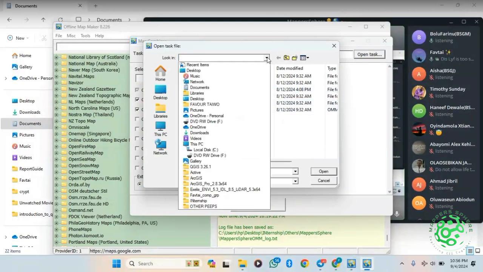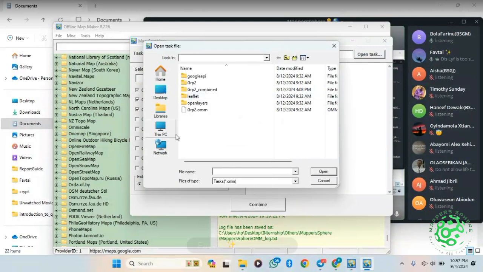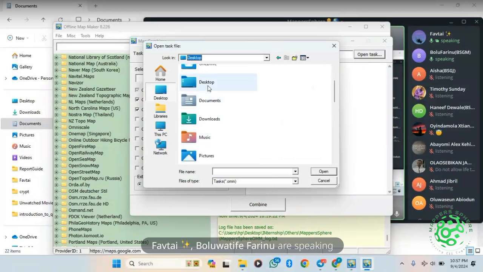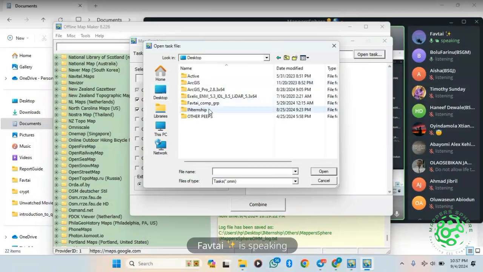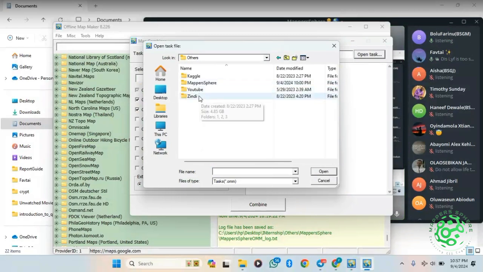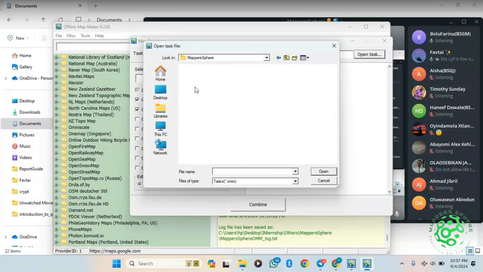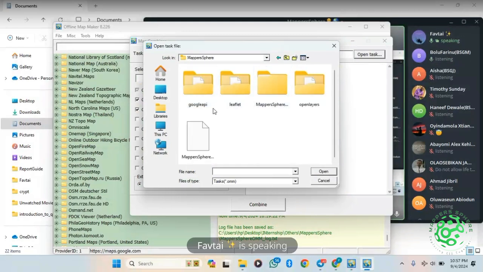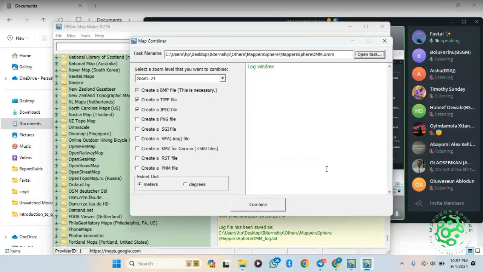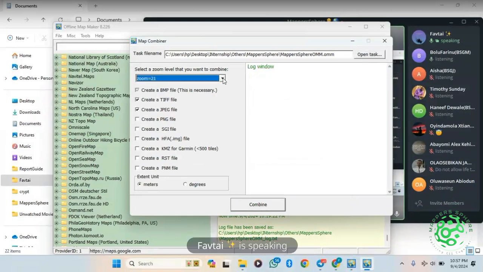Okay, so let me go to the folder. Folder desktop. Okay, open trees map. Yeah, this is it. Yes, this is it. So open. So you see that it's showing me that the only zoom extent that I downloaded is zoom 21. So you guys can see the various